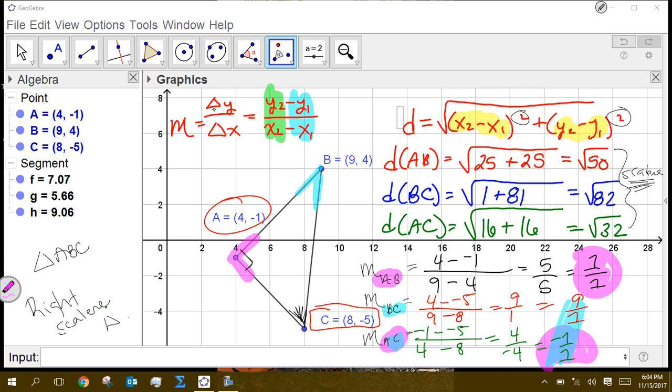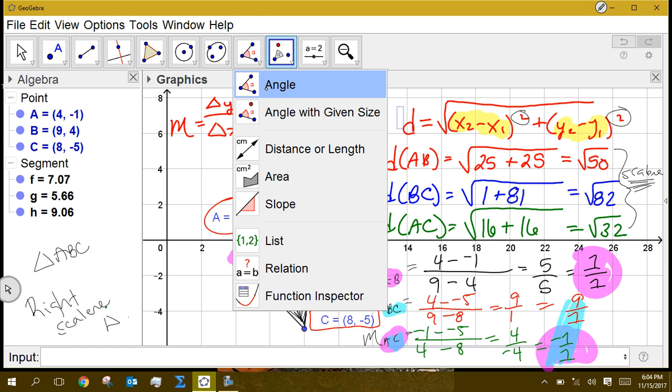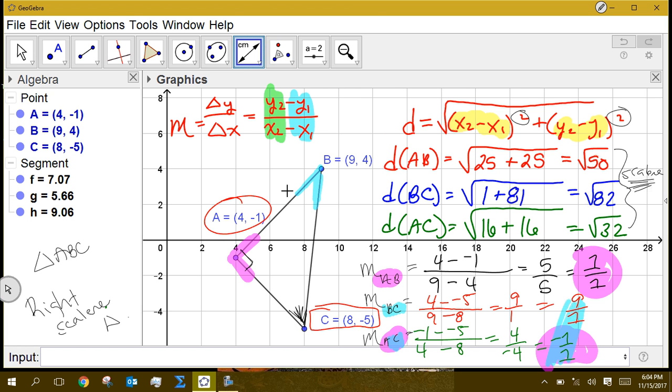What I like about doing this in GeoGebra is that we can quickly verify these things. We could ask it to find distances. Once I click that distance tool, I come down here, click that segment at 7.07, that segment's 9.06, and that one's 5.66. Now, none of that matches up with what we found over here with the radicals, but